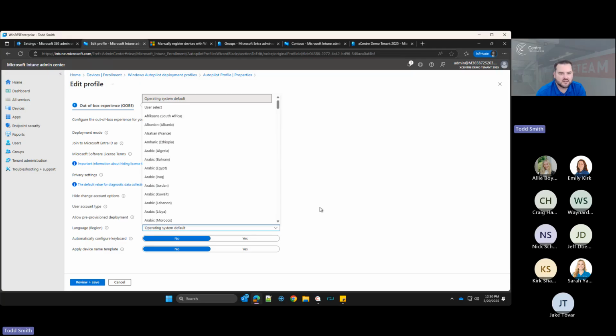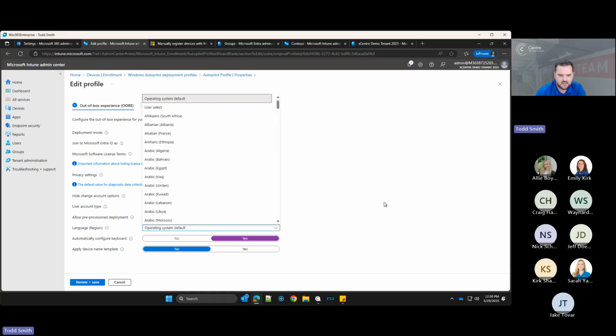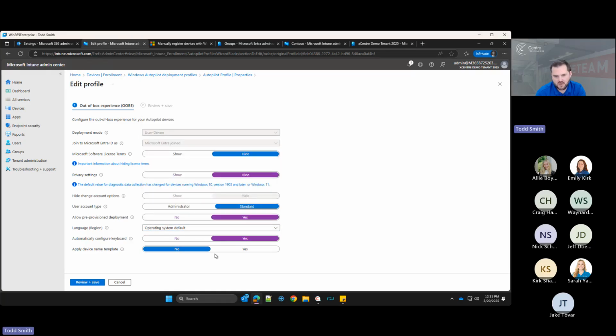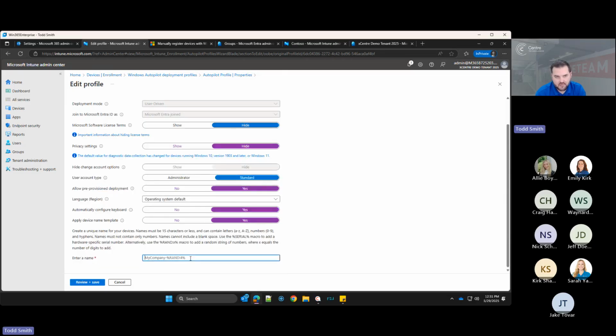You can pre-select the language, automatically configure keyboard. Yes, so that way it uses whatever the language is. And then this is where you can apply a device name template. So for example, for this demo account, let's say our naming convention is